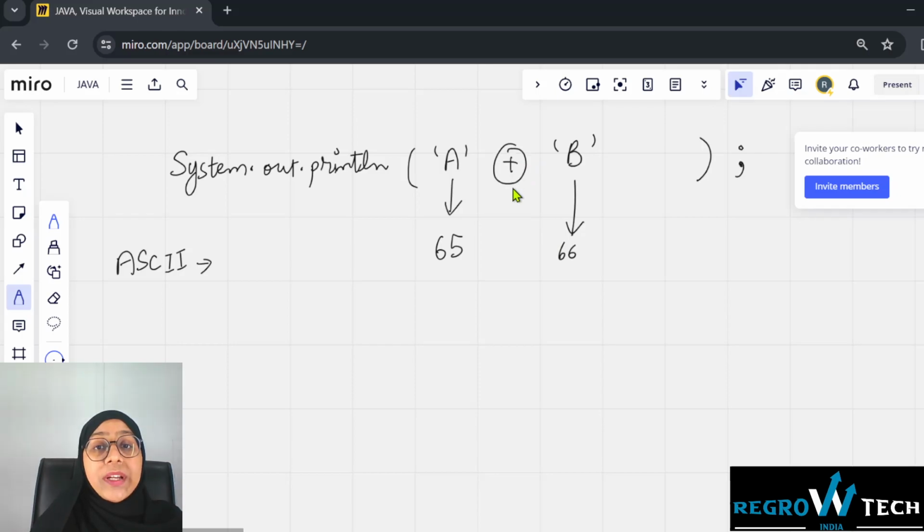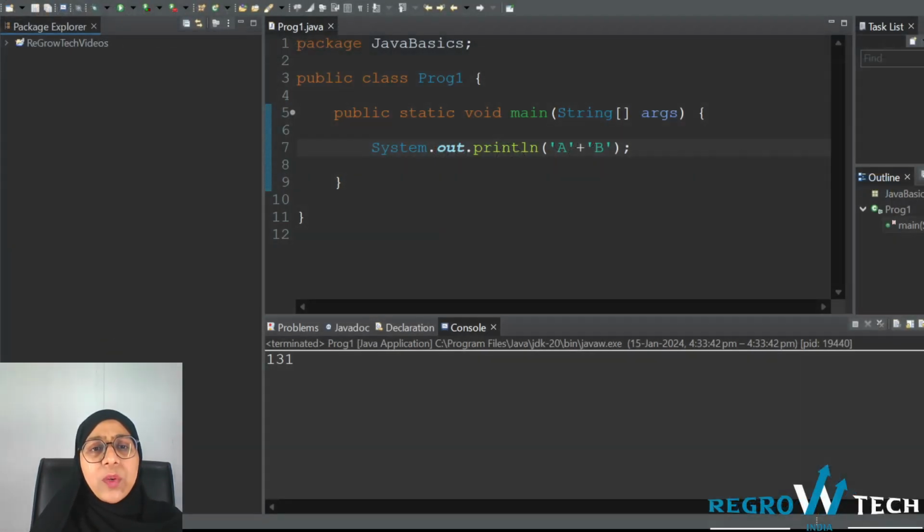And since they're joined, meaning added, 65 plus 66 will give me 131. And that's exactly why we were getting 131 as our answer. That is what happens when we join a character in single quotes to another character in single quotes. Now, let's go back and see what else we can do. Let's have some fun with this, shall we? How about I